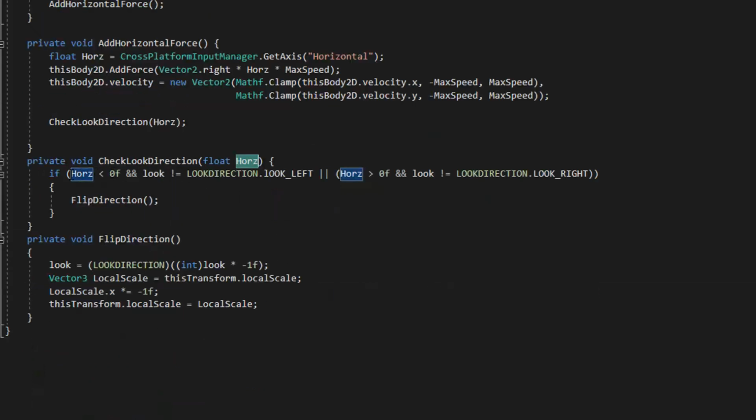And so if the horizontal is below 0, then that means we're facing to the left. And as you can see here is look left, or if it's not look left, or if it's not look right. It's checking all of these things, right? And so then, depending on what we get back, it's giving it over to this flip